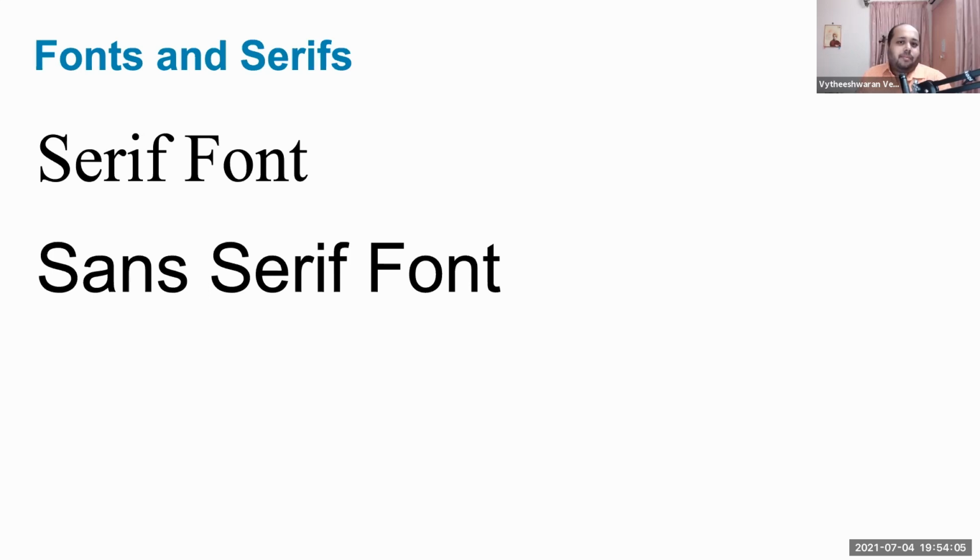Typically, serif fonts are used in reading material where the volume of content is very high, and when it is usually printed. In such situations, you use serif fonts, and serif fonts are good because they're very easy to read in a print medium. If you look at any printed book that you have, you will always see that serif fonts have been used.